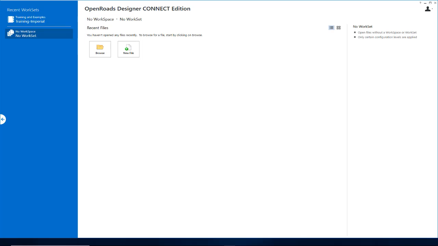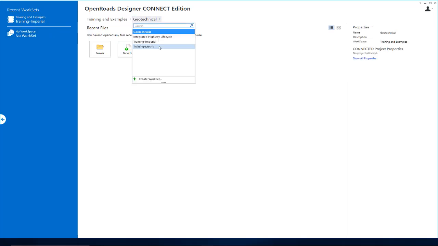To begin the course, we want to make sure we set the proper workspace and the proper work set. So we're going to be using the Training and Examples workspace as well as the Training Imperial work set. If you're doing this course in metric, then you want to choose the Training Metric work set. So we're going to be using Training Imperial, and we want to go to Browse because we already have a